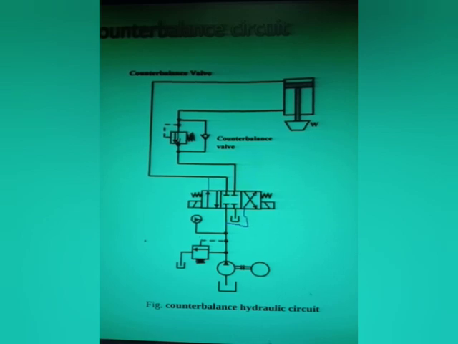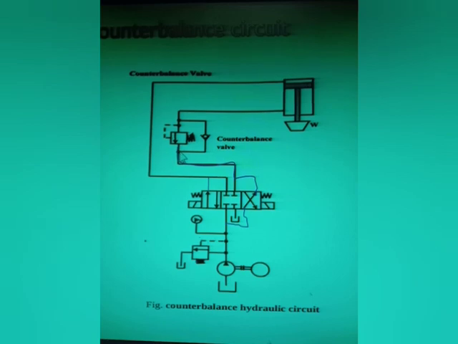From here the oil will go to the second end. Oil will go to this line. So from here the oil will now move through this, right? Here the oil will not move because this valve is closed. As the pump is connected to the second position, oil will move from here to here, and again it will move here, but through this valve it will not move because this is closed.